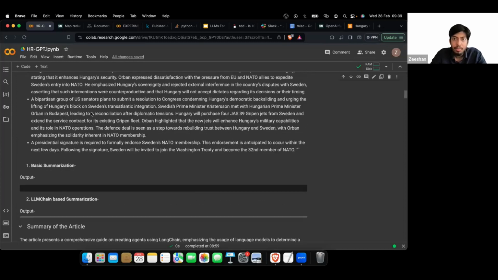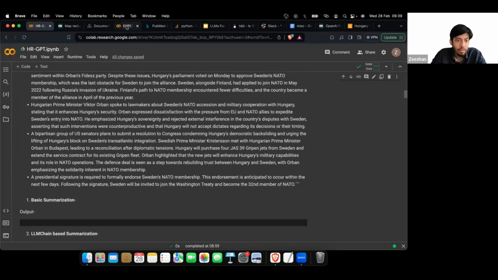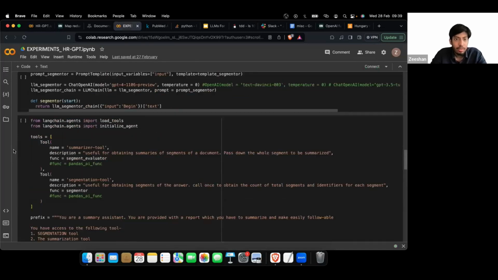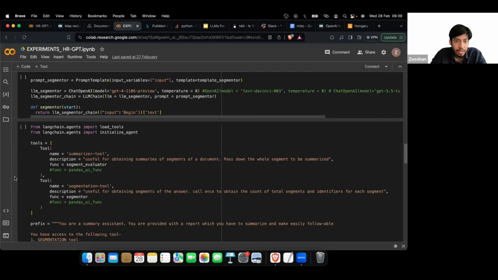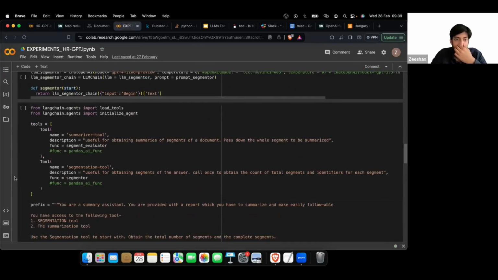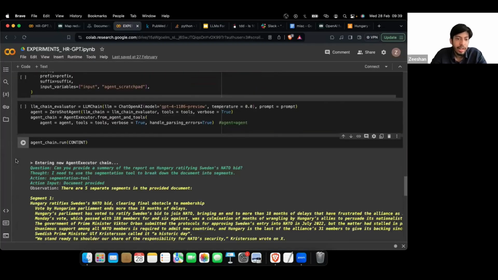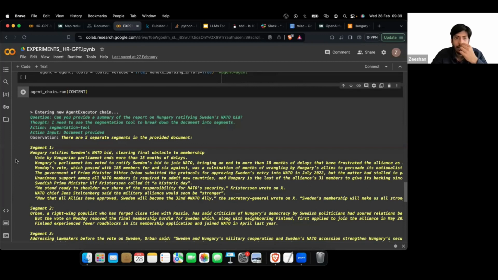So, how does this agent work? We can have a quick look at this first. I don't have a picture for it. Anyway, the overall idea is that let's say we are provided with an entire article, or documentation, code, report, whatever it is. The approach with the agent is that firstly